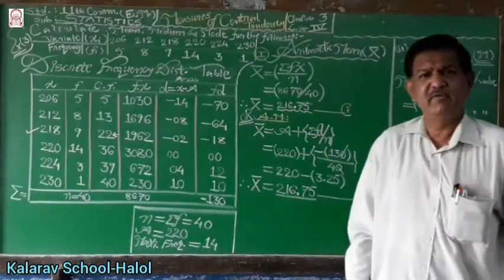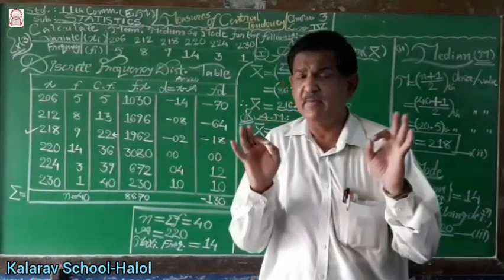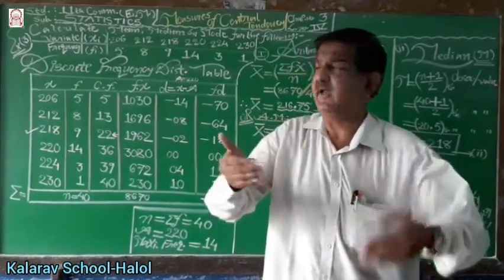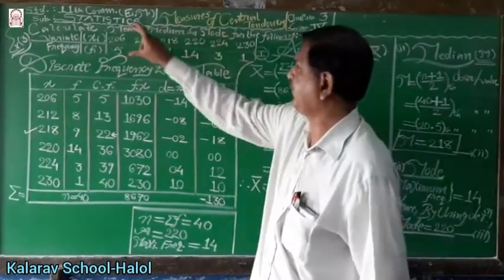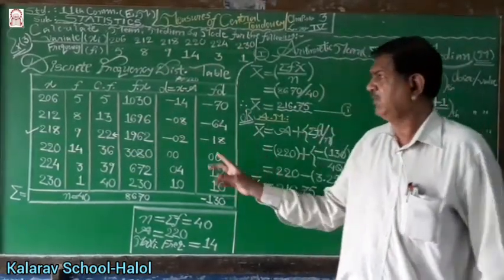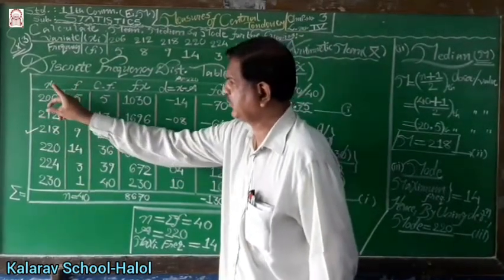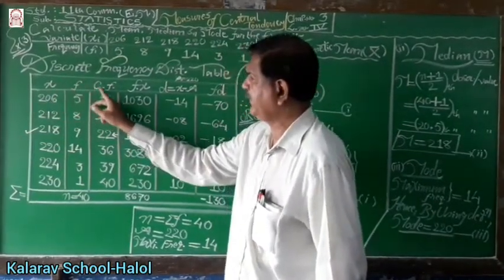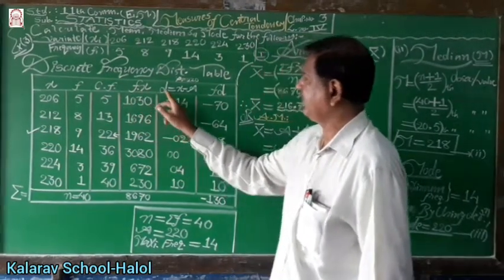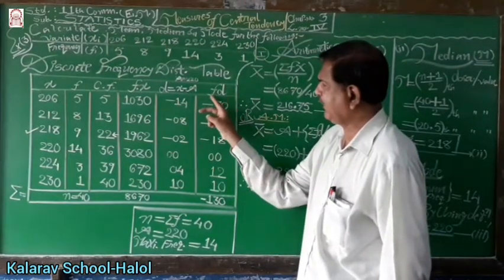Last time we have seen the ungrouped data. See, this is the most important chapter in statistical studies. First of all, identify the type of the data, the type of the frequency distribution, and then start. Prepare this table. The necessary columns are X, F, or it is also known as Xi, Fi. CF means cumulative frequency. Product means multiplication F into X. D means X minus A. This is deviation. Finally, F into D, multiplication of F and D.